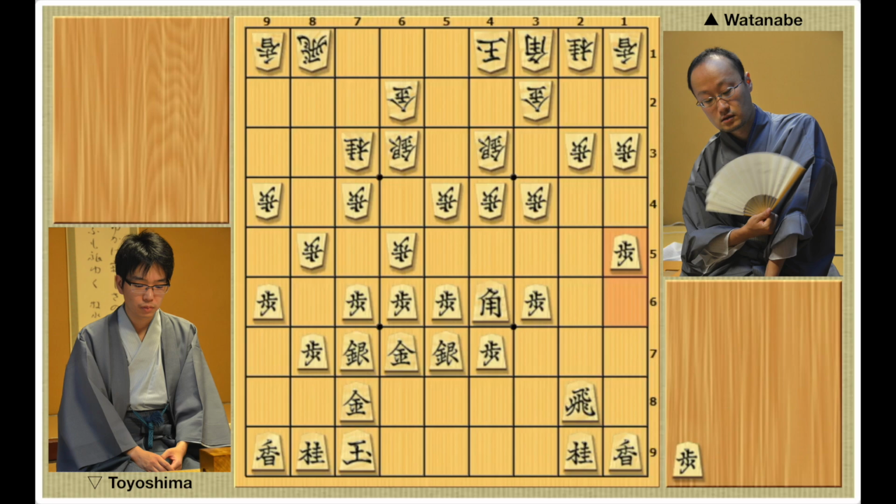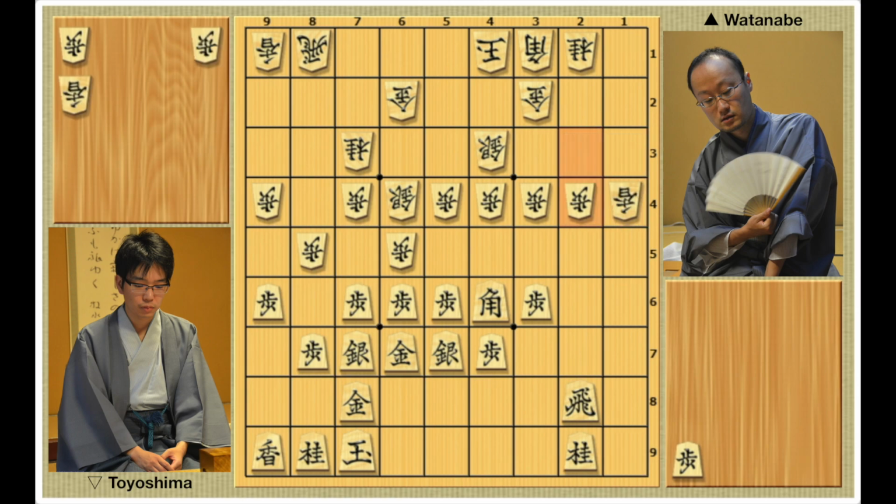Well, Toyoshima's king is pretty far from the edge, so it's not clear if an edge attack would be effective. But I guess after a careless move like silver to 6-4, then Watanabe might attack with pawn to 1-4, pawn takes, lance takes. For example, after lance takes, pawn drop 2-4, pawn takes, rook takes, lance drop 2-3, rook takes